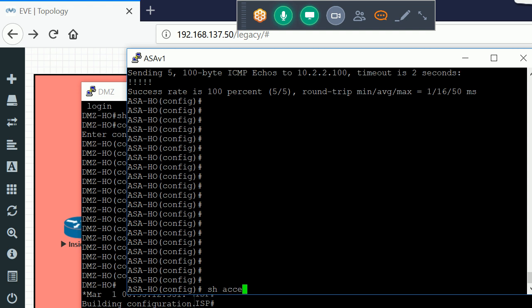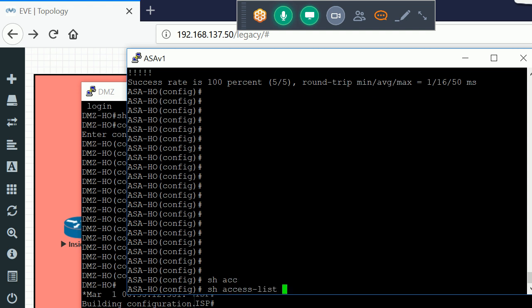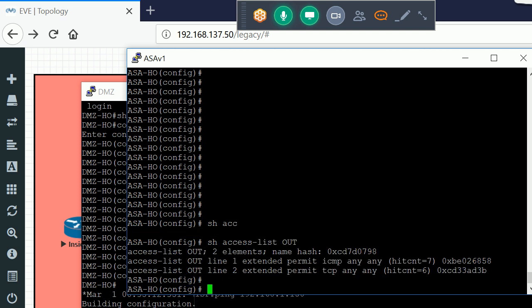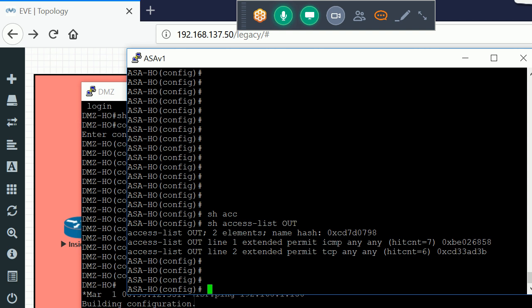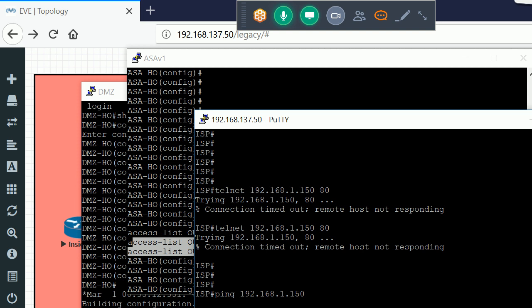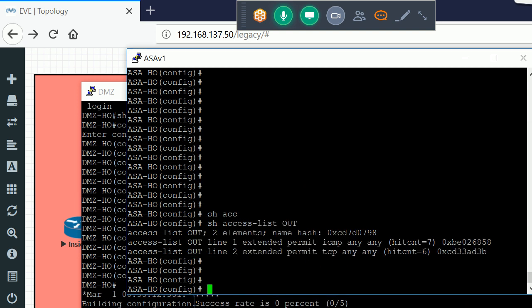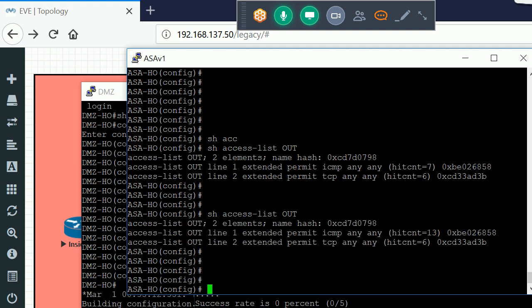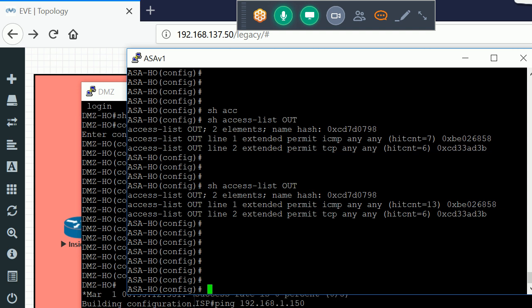Access list out. Yeah, the access list is also hitting. Yeah, see, the hits are increasing every time.